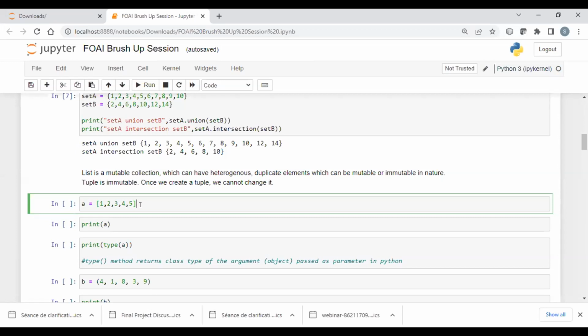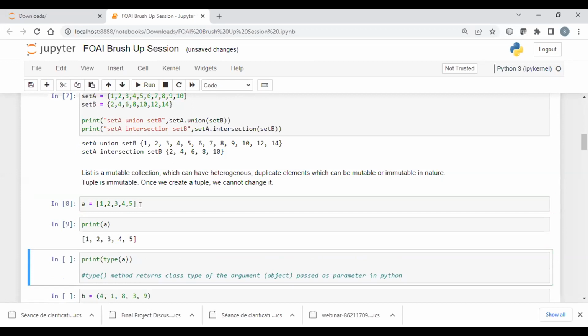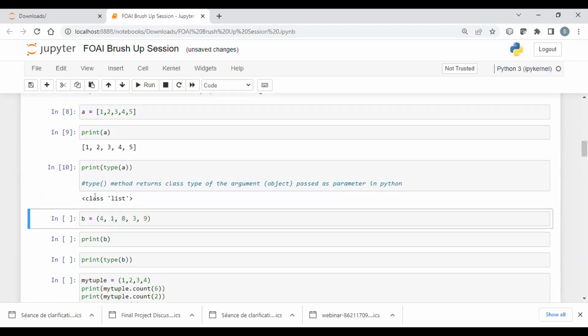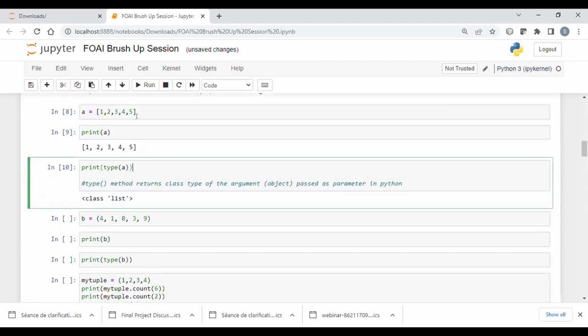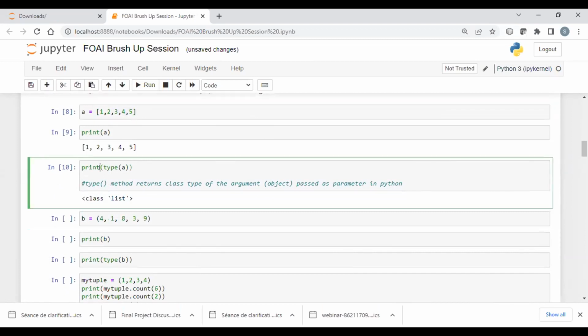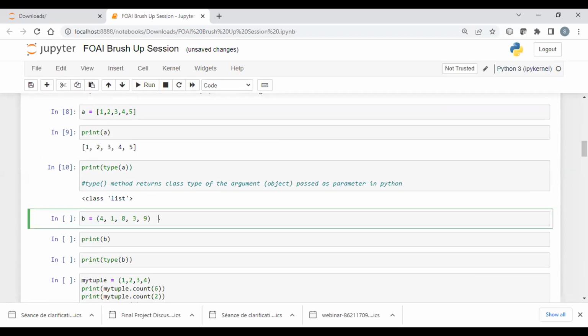Okay, let us check. We are using the type function to understand what it is. So it says it's a list. Whenever we use square brackets, we are creating a list, and whenever we are using round brackets, we are creating a tuple.